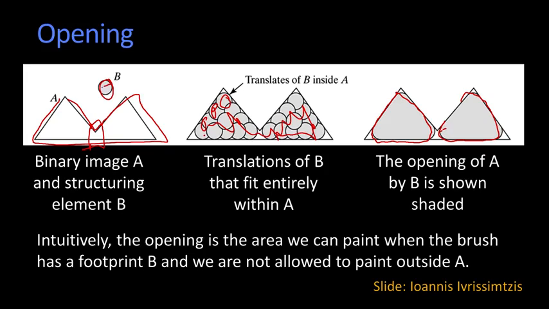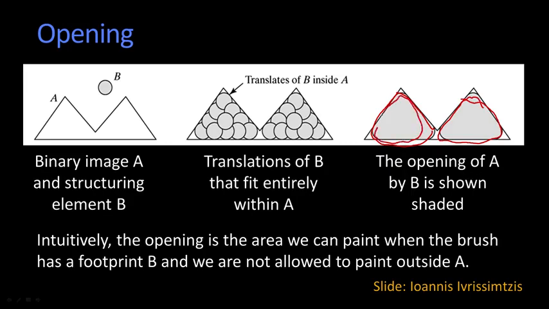It says here, in Jonas' slide, the opening is the area that we can paint when the brush has a footprint of B, and we're not allowed to let the brush get outside of the original image A. One of the other cool things is if you take a look at this, if I now have this shape and I were to open with B again, well, it fits everywhere inside of there, so